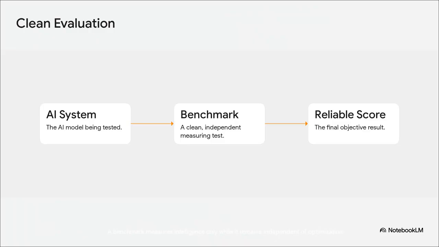So, in an ideal scenario, the progression is perfectly clean. First, the system encounters the test. Second, the clean, unseen benchmark is applied. And third, because the system had absolutely no prior exposure to the specific parameters of this test, a reliable, objective score is produced. Achieving this reliable score is really the gold standard of early AI development. When researchers see this clean score, it signifies something profound. It proves the system possesses genuine, generalized capability, meaning it can tackle problems it has never explicitly been trained for. It gives us a true, unvarnished reading of the system's baseline intelligence.